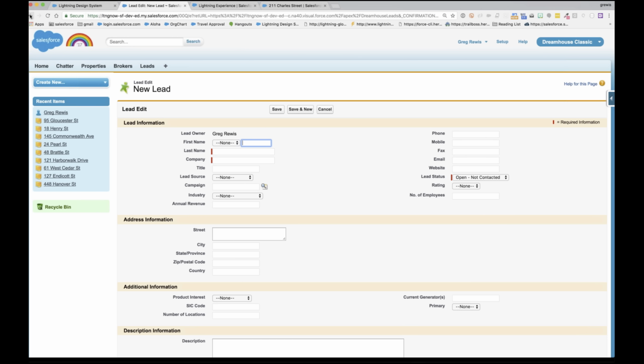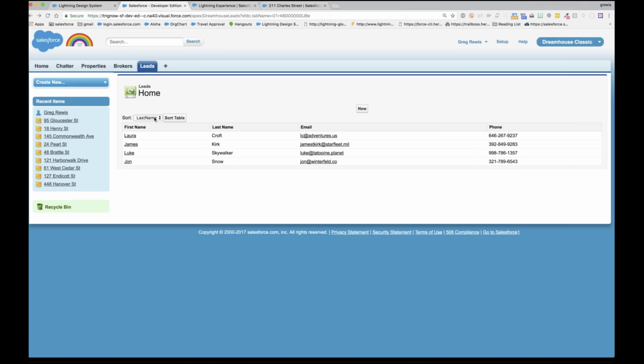I'll go back to the page again, maybe sort my table by first name or last name by clicking a button. And I've checked to make sure that all these things are okay inside of Lightning. I can do that simply by previewing Lightning within my org. You don't have to throw the switch. You can just go into your setup, into the Lightning Experience link, and throw the preview button on,